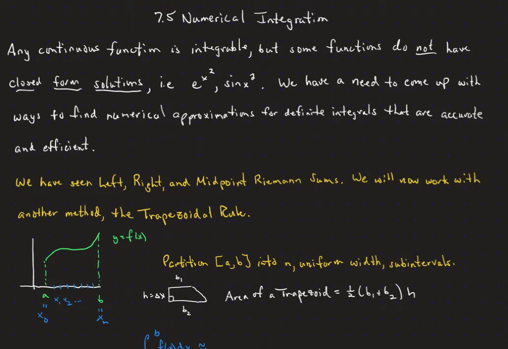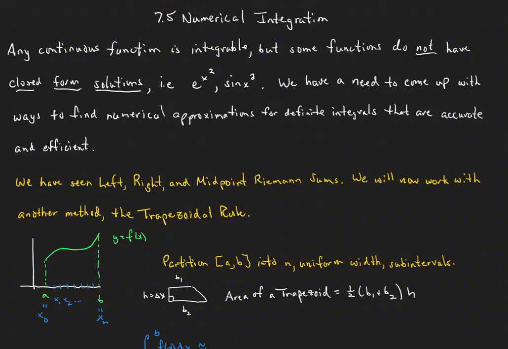We can't write down a function whose derivative is e to the x squared, nor can we find one whose derivative is sine of x squared. But their graphs are continuous curves, so we can figure out how to find the area underneath those curves. So we have a need to come up with ways to find numerical approximations for definite integrals that are both accurate and efficient. Now, we have seen left, right, and midpoint Riemann sums, and we're going to work